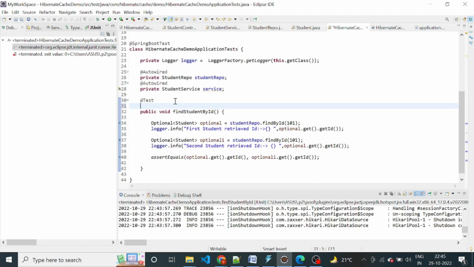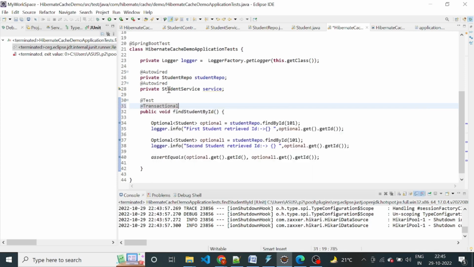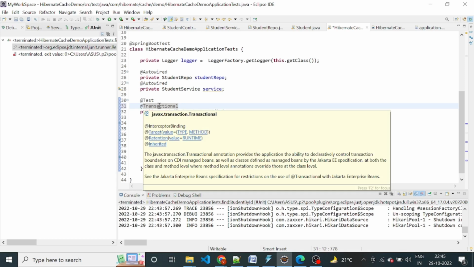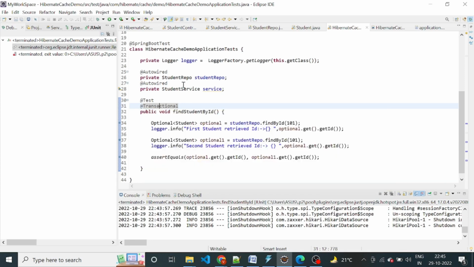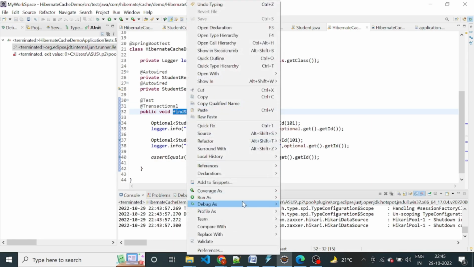That annotation is called @Transactional by javax.transaction. Okay, this annotation we require here, and just save this,